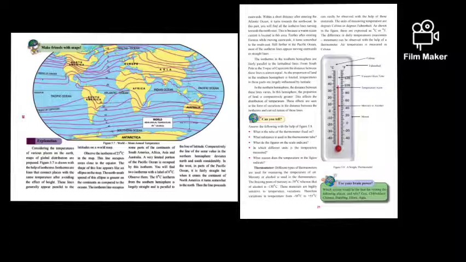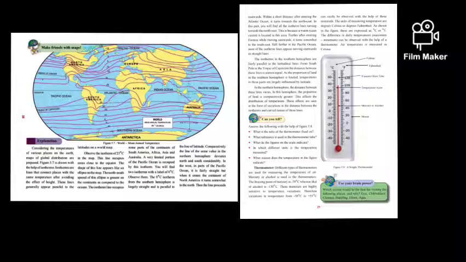Now you will find two isotherms with a label of 0 degrees Celsius, one in the north as well as one in the south. The 0 degree Celsius isotherm from the southern hemisphere is largely straight and is parallel to the line of latitude. Just look at the map, children, figure 5.3. Compare the 0 degree Celsius isotherms in the northern hemisphere and southern hemisphere. You will see the difference.